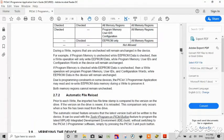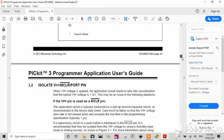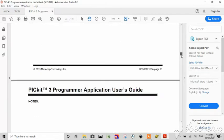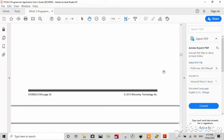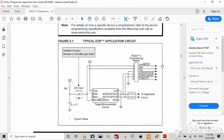What I'm looking for is the outputs, typical wiring. Okay, so this is their output circuit. Here it is. So VPP is 1, so that's actually going to,